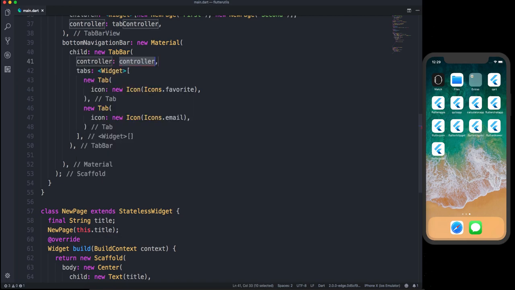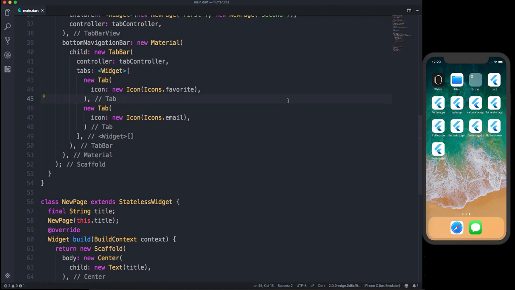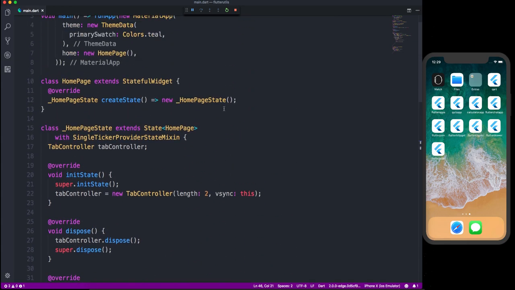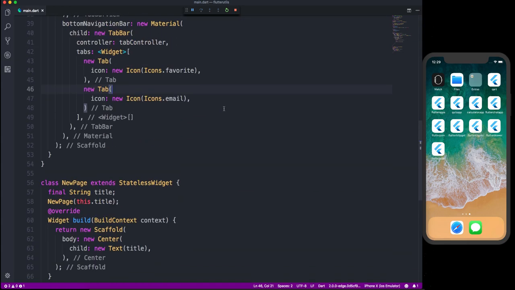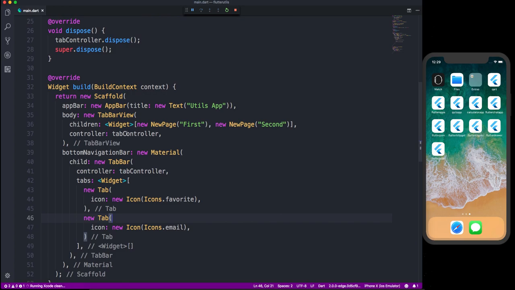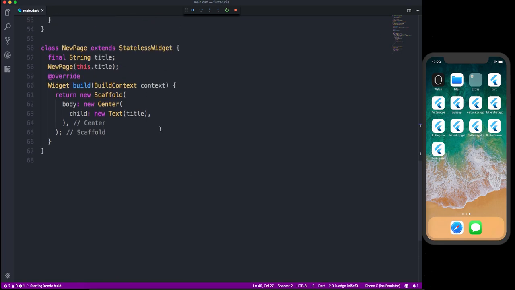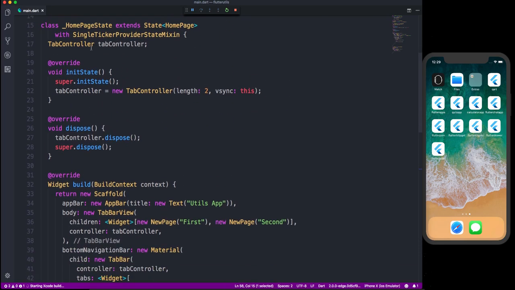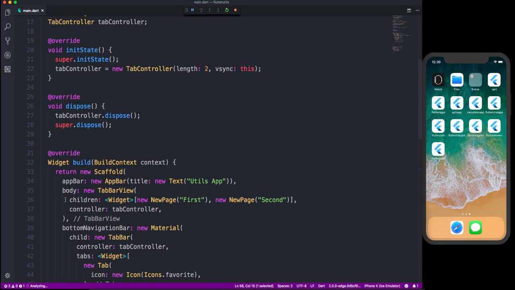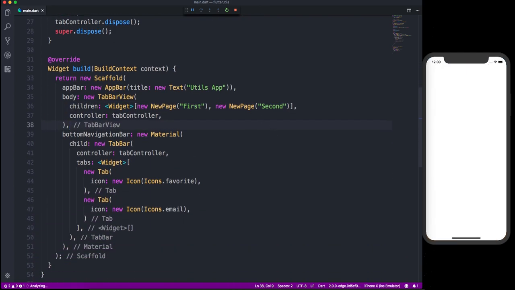Yeah, we have this controller here, and we can say tab controller. Okay, so we have all the stuff ready. Now let's just rerun this app so that we can see whether this is working or not. So this is just a very basic app. We have this tab controller, we have this tab bar view, and we have this dummy page here, which is what we are using in this tab bar view children, and we are passing the same tab controller to this